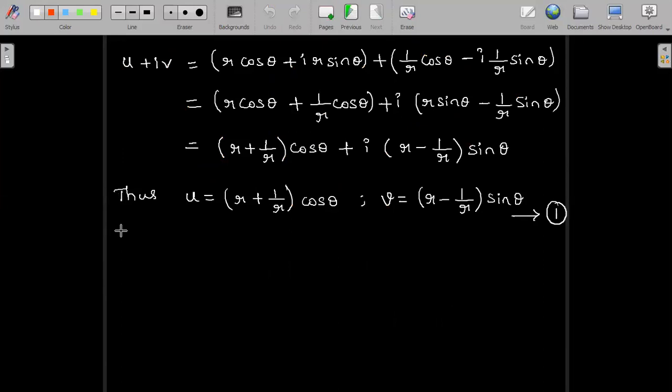So case 1, taking let mod z is equal to R, and that is equal to A. I have taken the constant as A, where A is a constant. So this is case 1 for us. Now we need to substitute mod z is equal to R is equal to A in both the curves. In both the curves, we have to substitute R is equal to A and discuss the case. So equation 1 implies